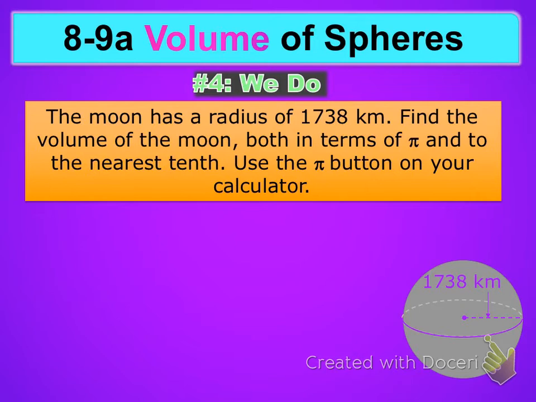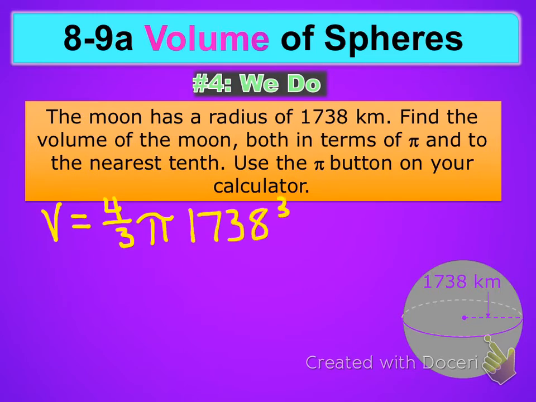Now this one, we're getting into some pretty big numbers here. The moon has a radius of 1,738 kilometers. Find the volume of the moon both in terms of pi and to the nearest tenth using the pi button on your calculator. So if I'm going to start writing this out, I've got volume equals, remember it's 4/3 pi, my radius is 1,738, and then we're going to cube that. Remember, put 4/3 in the calculator times 1,738 cubed, and you will end up with